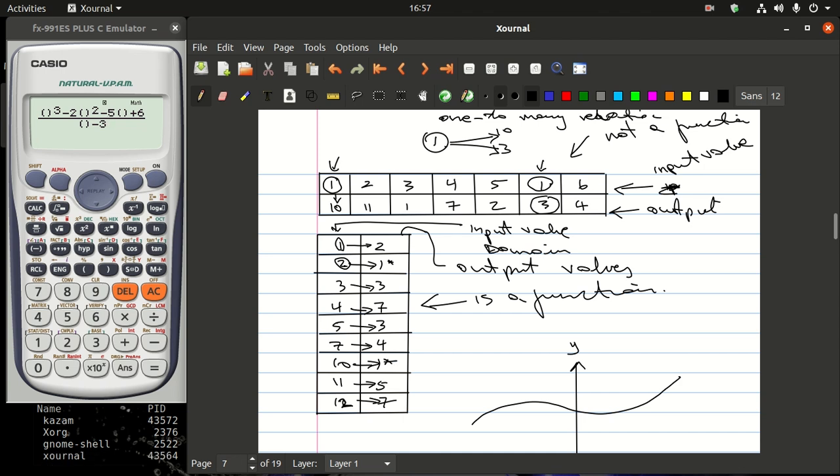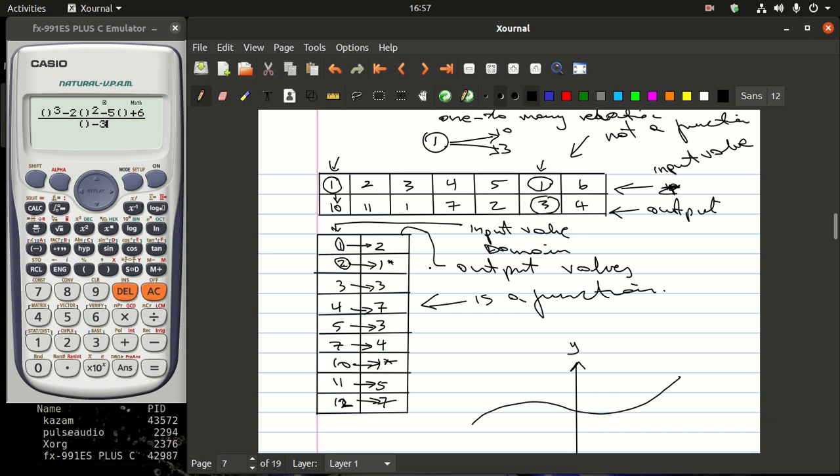So we have 2 mapped to 1, and we also have 10 mapped to 1. Again, if you look at 3 and 5, they are mapped to the same thing. So we have many things here mapped to one thing on that side. You getting it? And also one thing that I wanted to mention here, when you have many